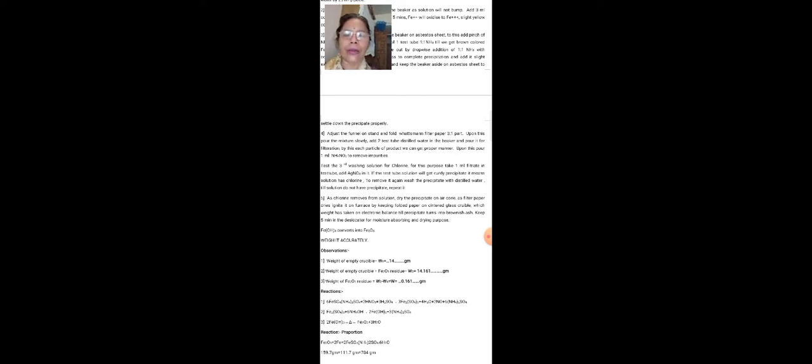So first of all, what will be the observations now? This is your exact practical. First of all, the weight of the empty crucible, that is W1, say it is maybe 14 grams. After that we will take the weight of the residue with the crucible, that is W2, it comes